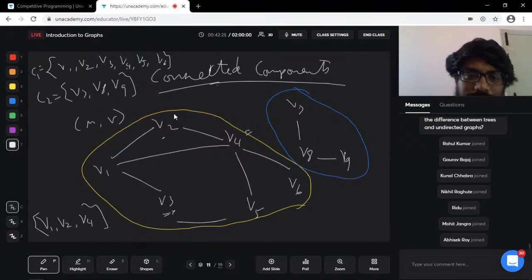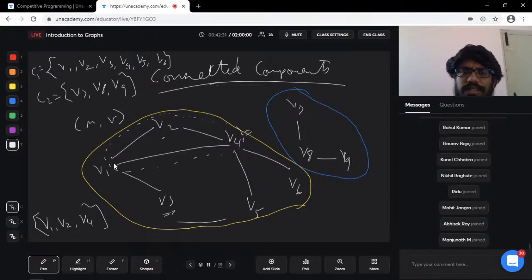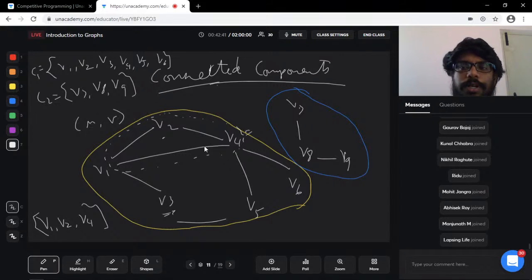Yeah, if we just take this smaller set, even in this, you take any two, they're going to be connected to each other, right? V1 and V2 are connected, V1 and V4 are connected, V2 and V4 are connected. So is this also a connected component? Yes, this is also a connected component, but usually we don't consider this to be a connected component, and instead